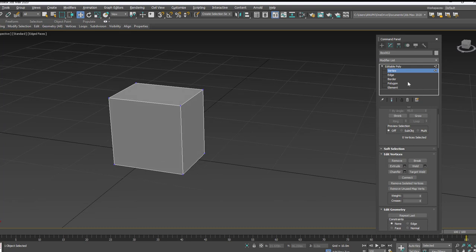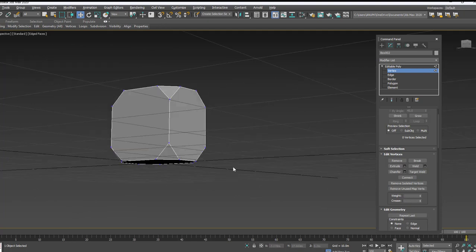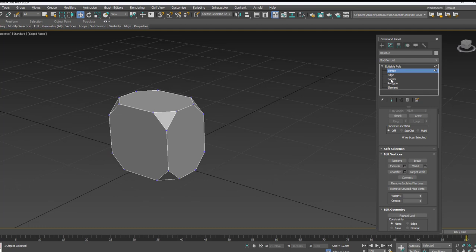Next one, I want to select all the vertexes, meaning you can just drag, and then for each vertex I want to apply the chamfer setting, and then you can apply the chamfer amount. So this is how you can do the chamfer edges, and then a plus sign like this. Next,